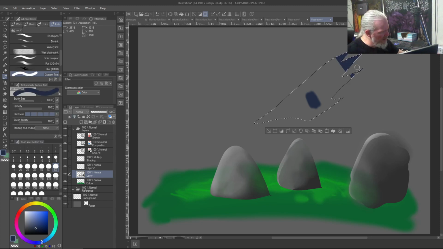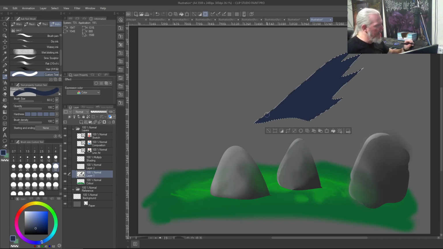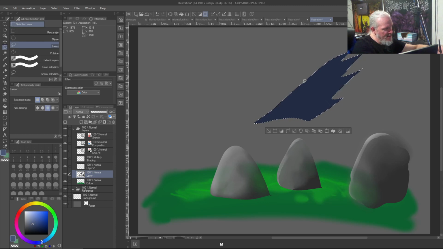If I go with hardness, and if I start with the shadows here, like so, I go all the way across and I put all of that in, and now I come to the midtones here, and I go back again to my